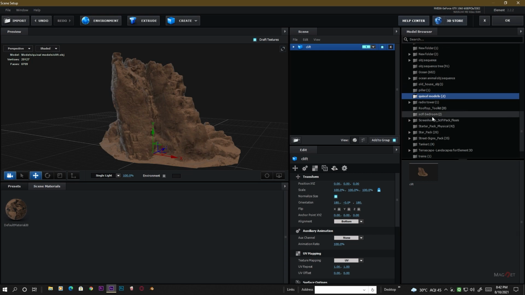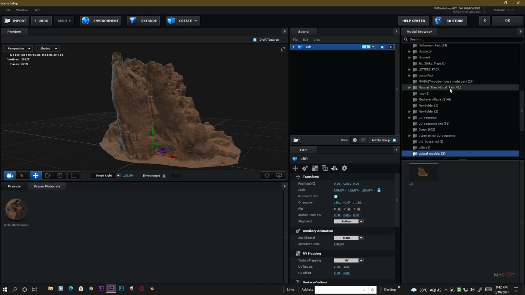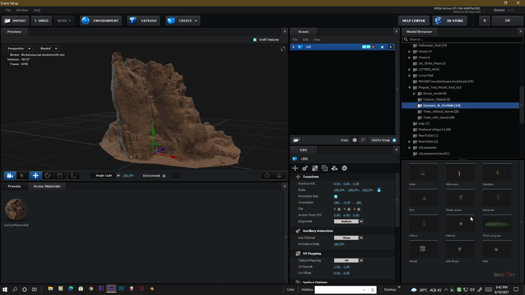So let's find my tree model pack here, the Magnet tree model pack. If you download this, you will get this model pack in your model browser here. This is an awesome pack for trees, and that is absolutely free. So first we go to the grasses and orchid folder here, and then we use some of the models from there. First we use this one,